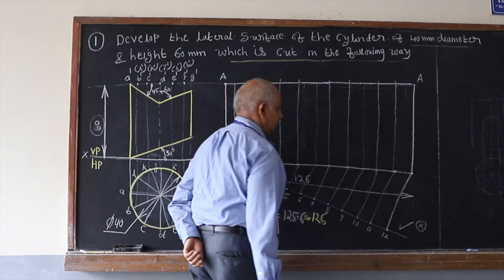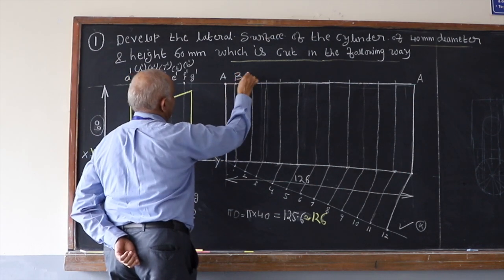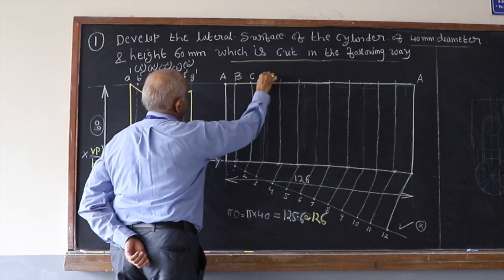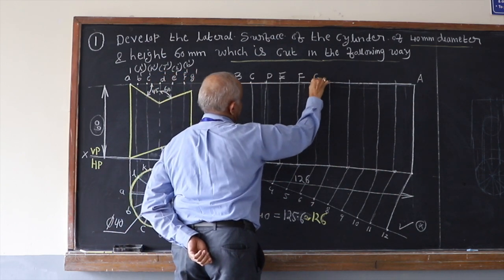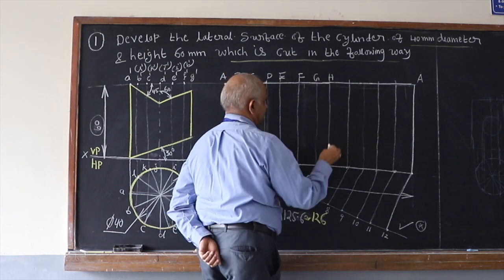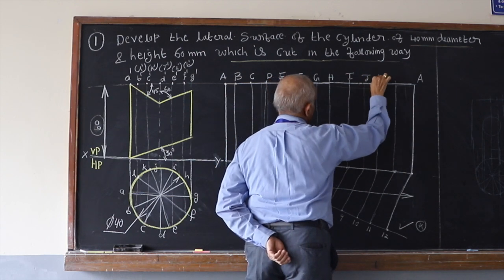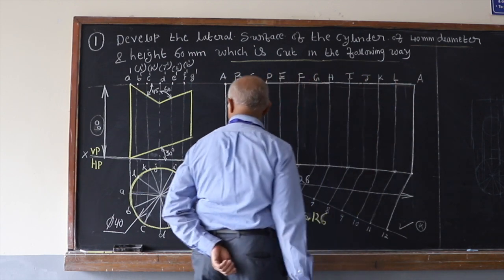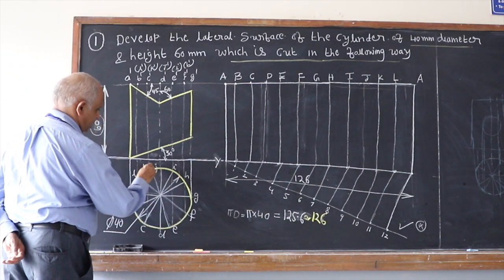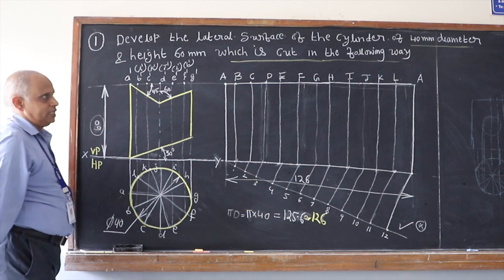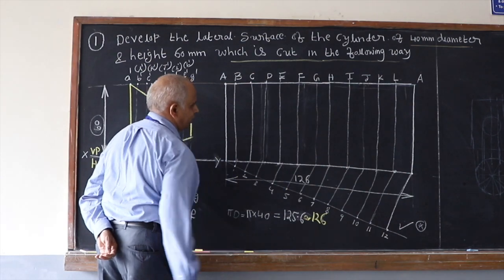Okay. Now you name all these points. A, this is B, C, D, E, F, G, H. They are all capital letters. I, J, K, L, and back to A. So it started with A, B, C, D, E, F, G, H, I, J, K, L, and it should end back at A. Similarly, you have this set of points here, A1, B1, C1, D1, which you need not name it at all.